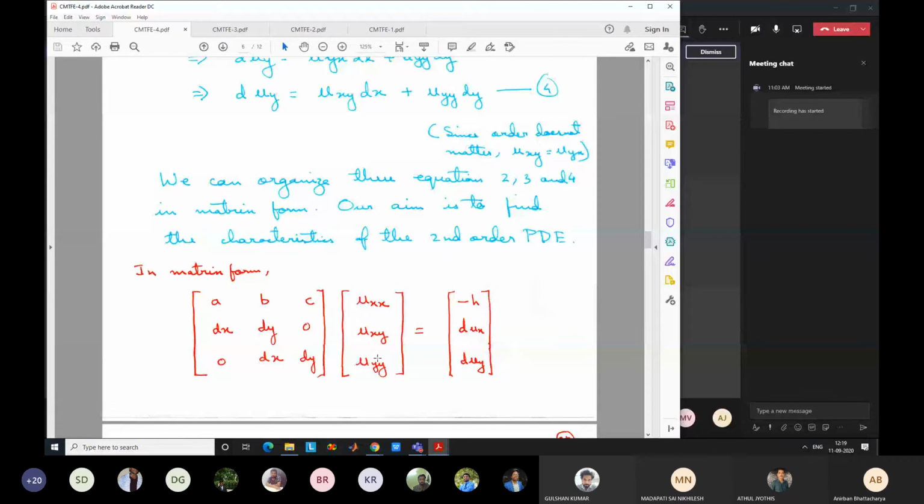So the solution does not exist. Let us consider the case that the solution does not exist at that point. So if the solution does not exist, for this case, if we have a certain condition for which the solution does not exist, we can say that for that condition, we have found the discontinuity.